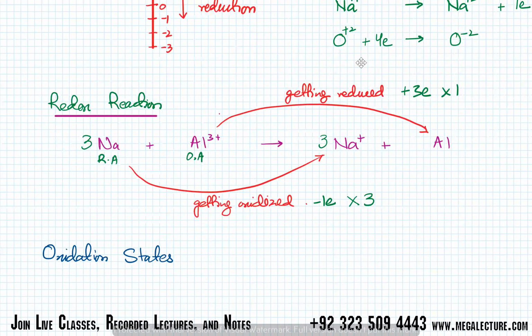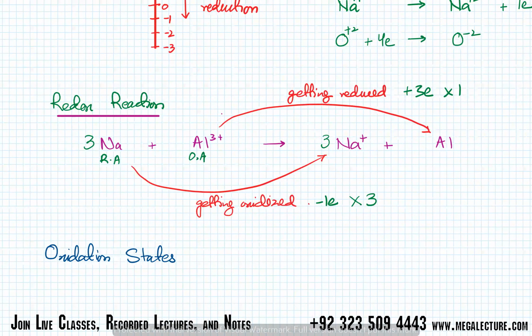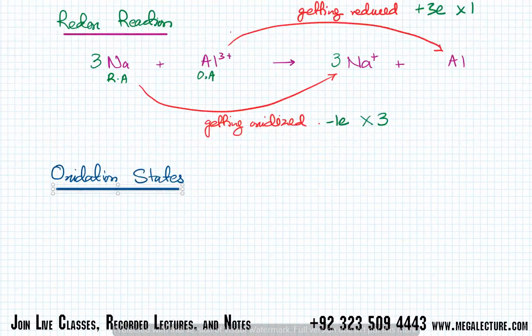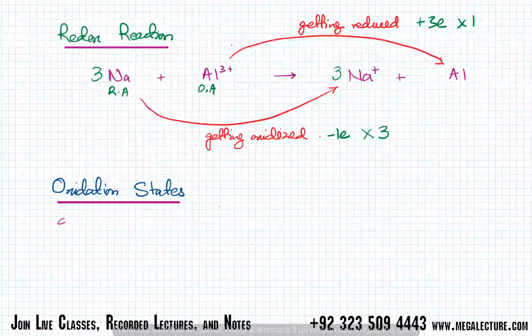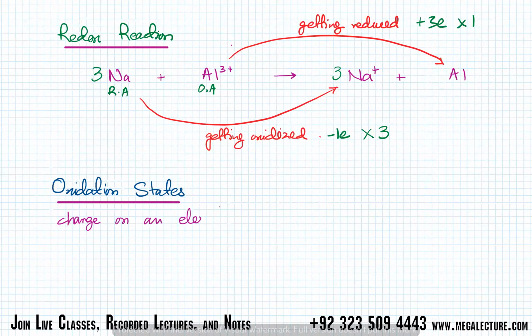I'm going to quickly revise oxidation states. So the idea of oxidation states was that, what is an oxidation state? It's the apparent or hypothetical charge on the ion, right? So it's the charge on an element in a compound